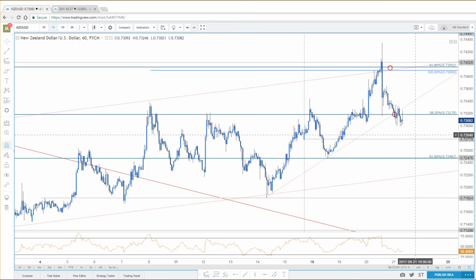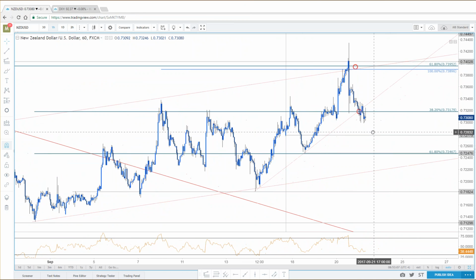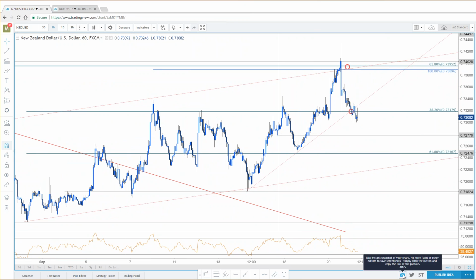The target that I noted, guys, next was going to be the weekly open. That's 72.77, followed by 72.46. Both of these levels, I'd like to get back on the long side if we get back lower. If we don't reach these objectives and we turn higher, back above the weekly opening range high, then I would be looking to play resumption. You'd look for a pullback at that point to get back on the long side.